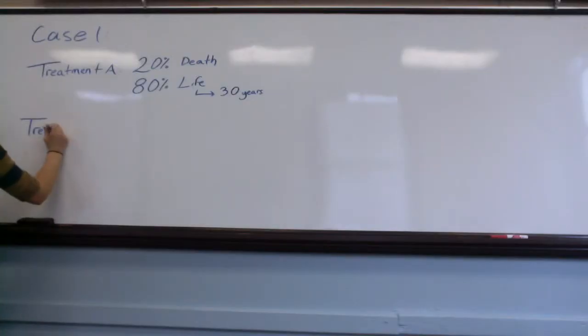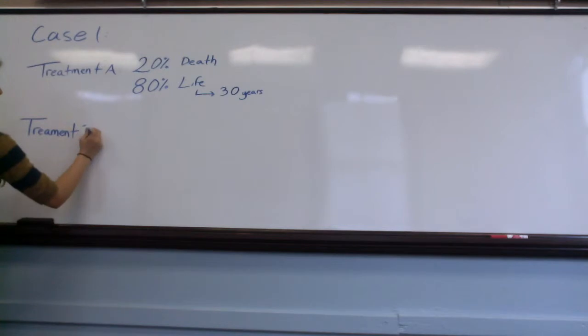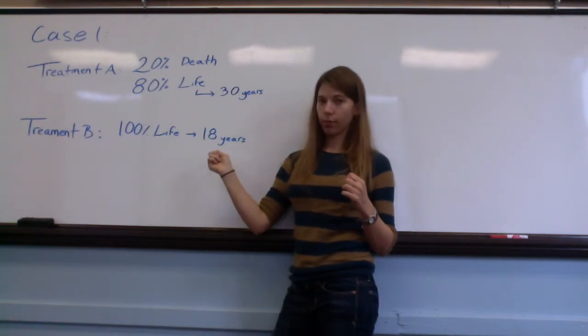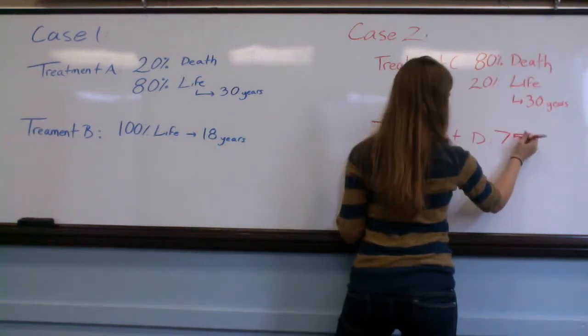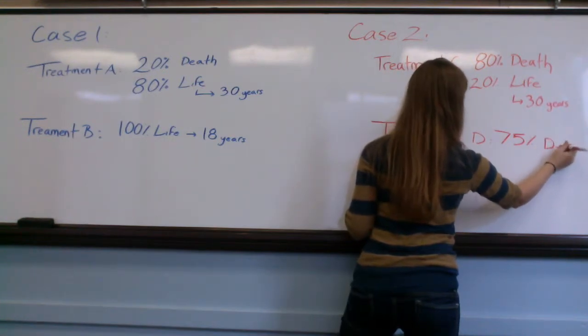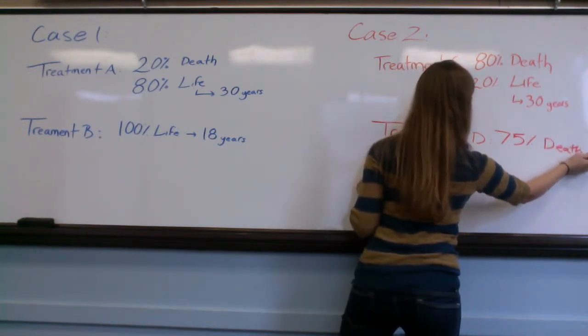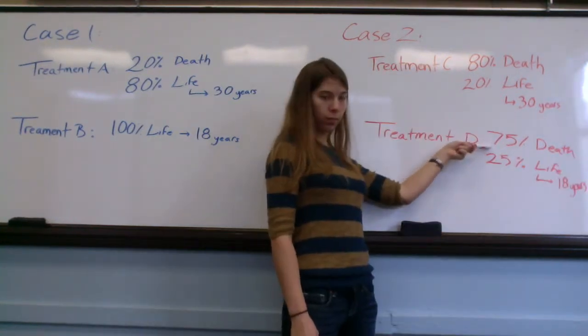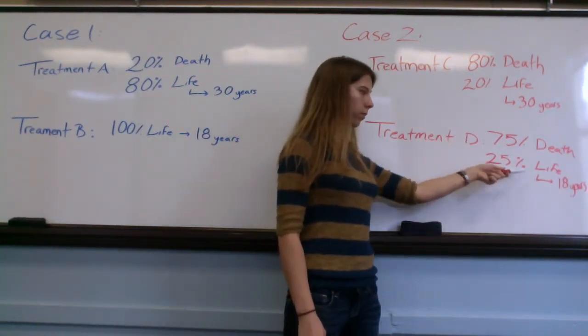In the first case, treatment A gave a 20% chance of imminent death for the patient and an 80% chance of a normal life with an expected longevity of 30 years. Treatment B gave the certainty of a normal life with an expected longevity of 18 years. In the second case, treatment C gave an 80% chance of imminent death and a 20% chance of a normal life with an expected longevity of 30 years. Treatment D provided a 75% chance of imminent death and a 25% chance of a normal life with an expected